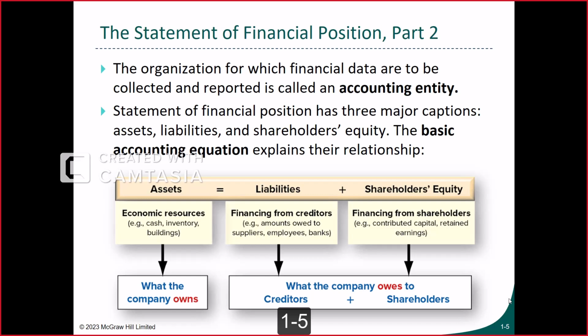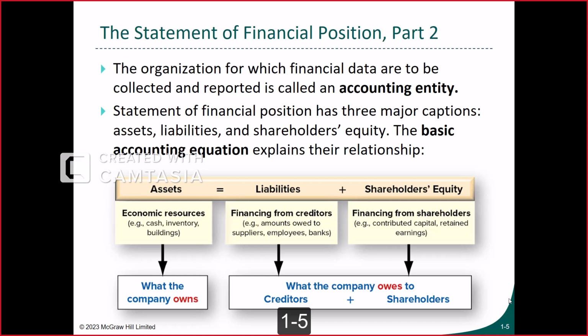The balance sheet will show, for example, on December 31st, 2022, cash $200,000. It means at that day we had $200,000 of cash. Account receivable $300,000. It means at that day the total amount of receivable is worth $300,000, and so on. That is one side, the total of the assets.